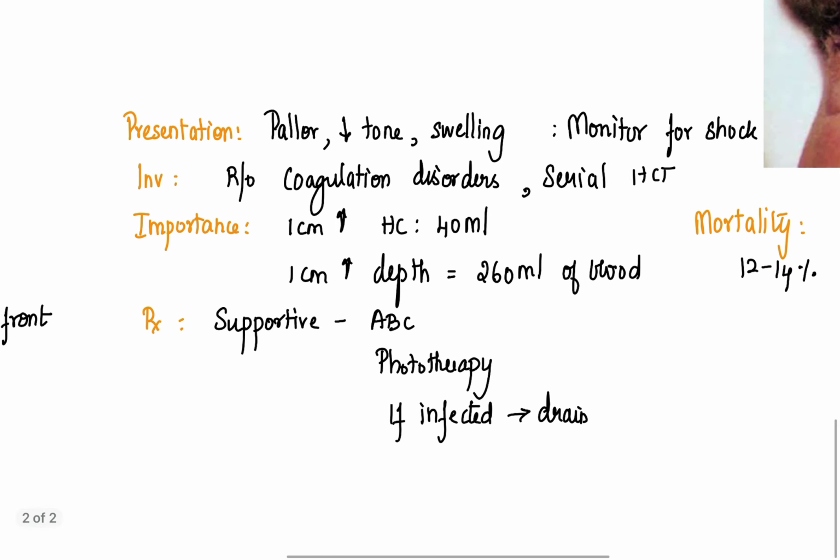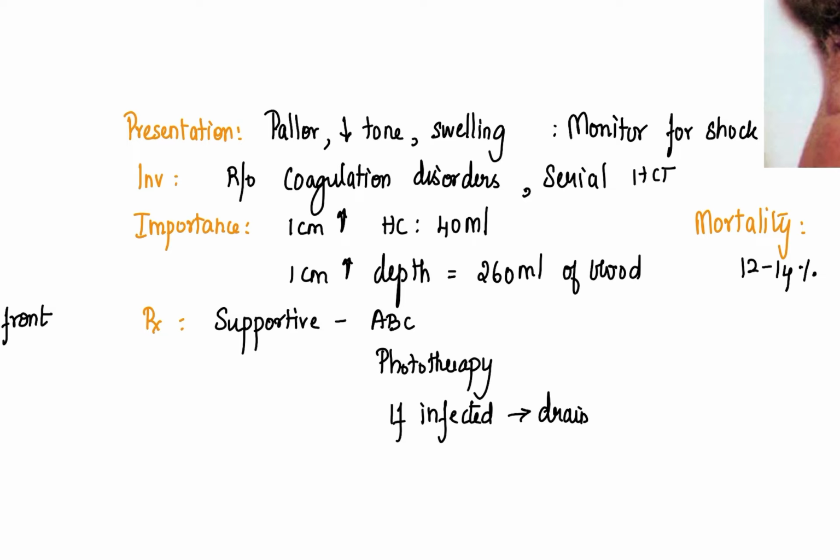The presentation of such babies depends on the severity of the subgaleal hemorrhage. If it's going to be too much, then the babies are going to have pallor and shock. They can have CNS manifestations like decreased tone. Clinically, you will definitely see a swelling. The swelling will raise the ears. It will form like a loose cap. If you remember the Baby's Day Out cinema, you have the baby wearing one fan sort of cap in the back. Alright, so that is how it is going to be. Only imagine that inside the scalp. That's how big a subgaleal hemorrhage is going to be.